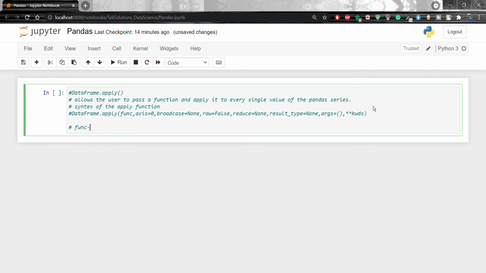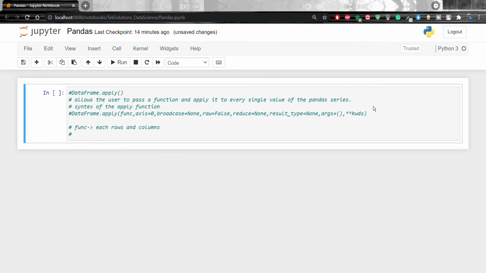The first one is the func parameter. What will func do? It is basically the function that is applied to each row or column. The next one is axis. By default that is 0, which we can say is index or rows, and 1 is the column.